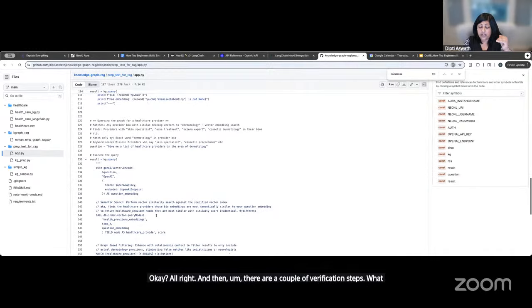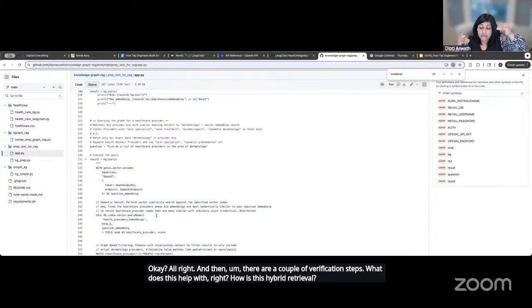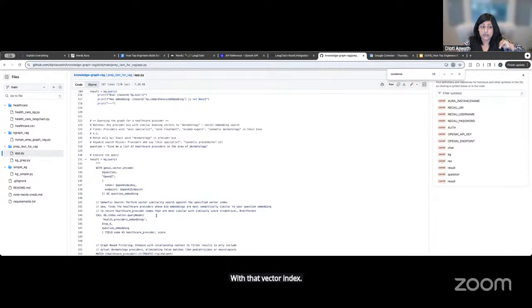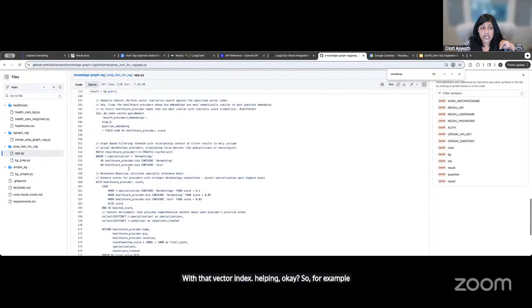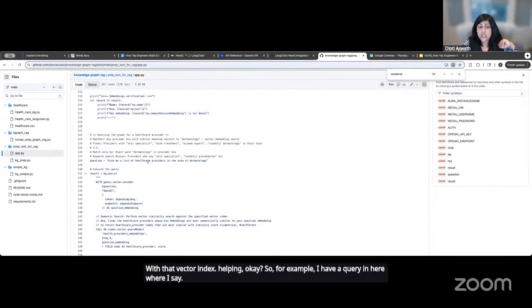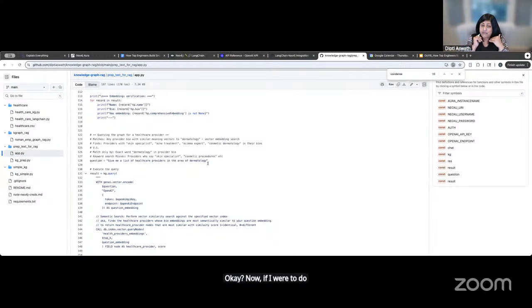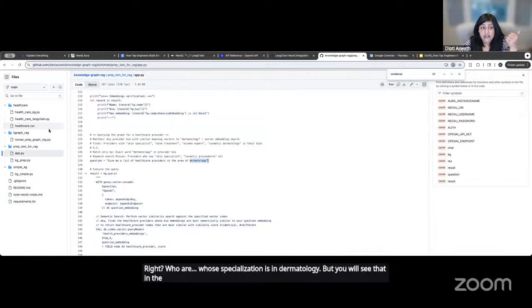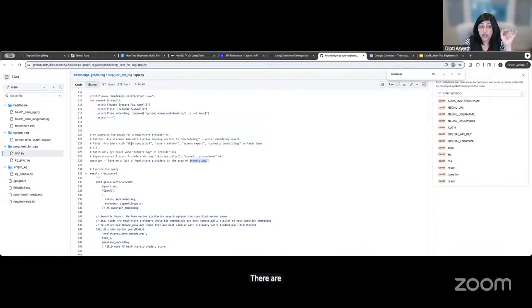What does this help with, right? How is this hybrid retrieval with that vector index helping? Okay, so for example, I have a query in here where I say, give me a list of healthcare providers in the area of dermatology. Okay, now, if I were to do simple vector search, it would only pull up the healthcare providers, right, whose specialization is in dermatology. But you will see that in the CSV file, there are providers whose specialty is maybe